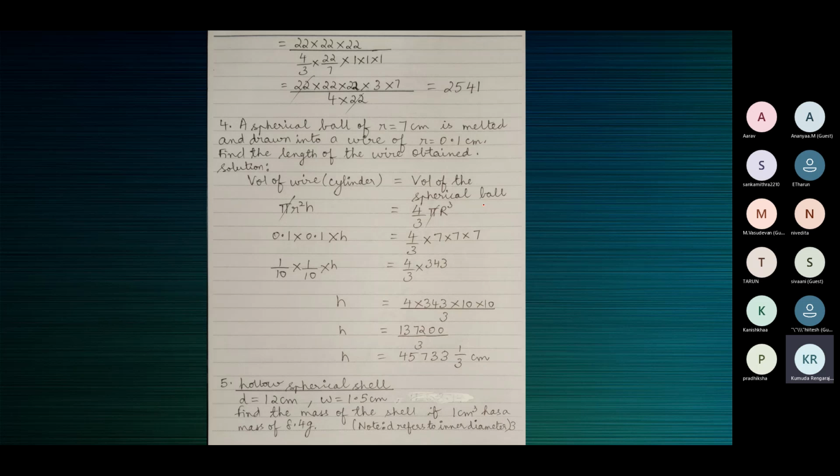So the radius and height may differ, but the volume will be 500 centimeter cube, because that volume only was present in the conical block. The iron which was conical earlier had a volume of 500 centimeter cube, and now that only becomes a cylinder. There will be a change in the dimensions, radius and height. So this is the equation: when a solid is melted and recast into another solid, their volumes will be the same.